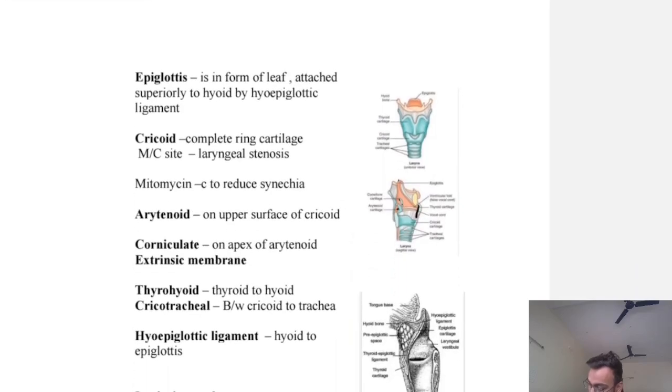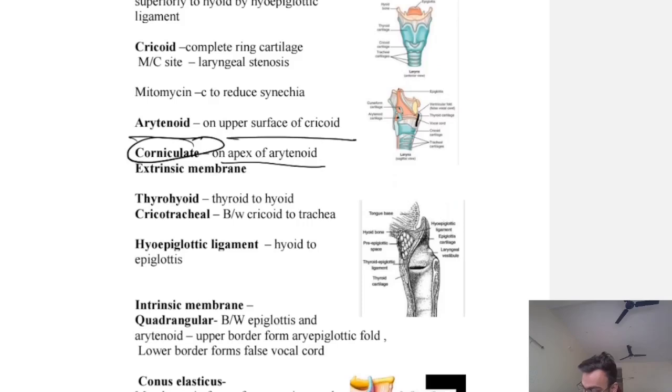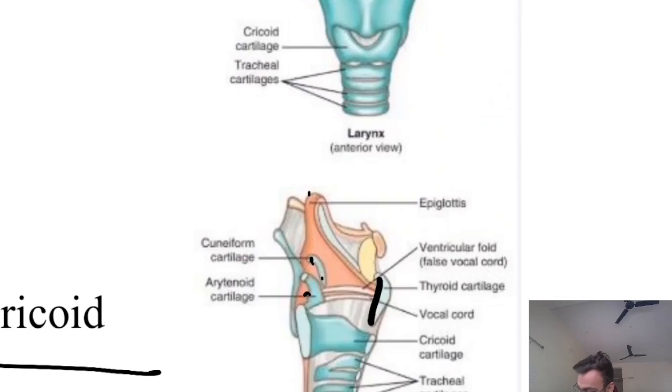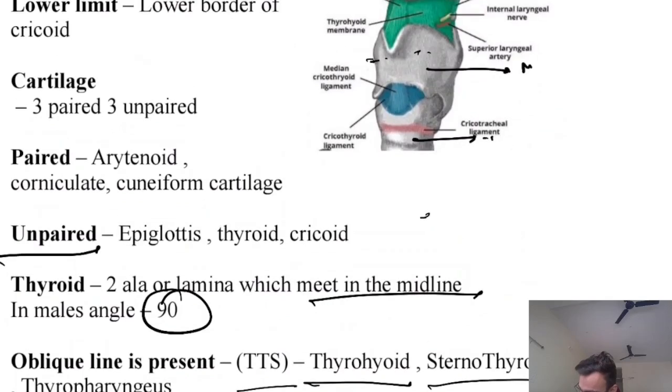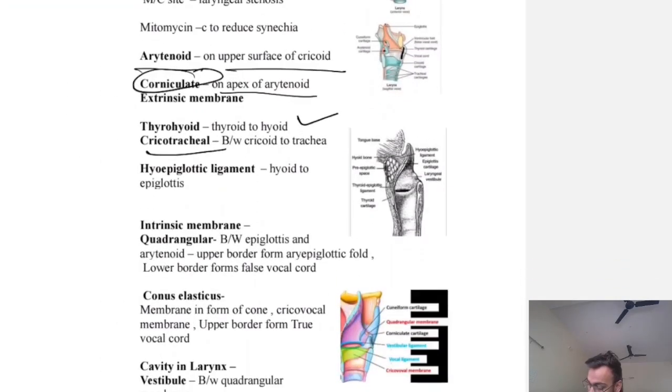Okay, arytenoid is on the surface of cricoid, and on the apex of arytenoid is the corniculate. Okay, now we have extrinsic membrane, this is thyrohyoid and cricotracheal. So cricotracheal, you can see this is cricotracheal somewhere here, this is cricoid and trachea. So between there this is extrinsic membrane, so it is cricotracheal and it is thyrohyoid membrane. Okay,